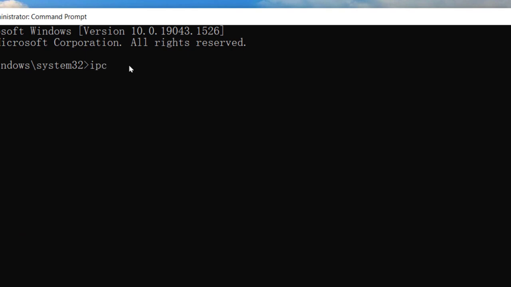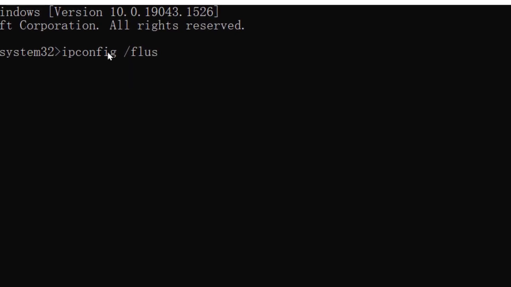ipconfig space slash flushdns. After that, click on Enter